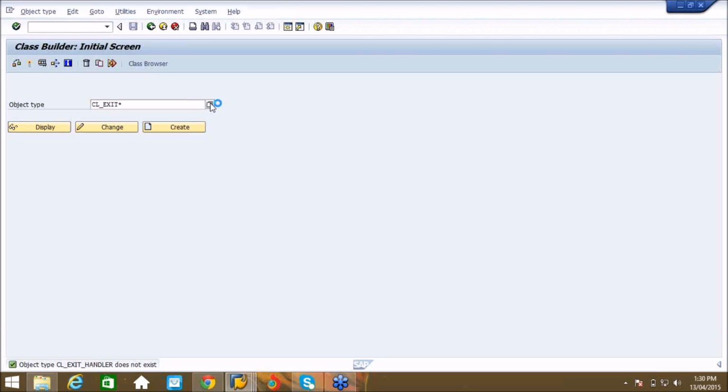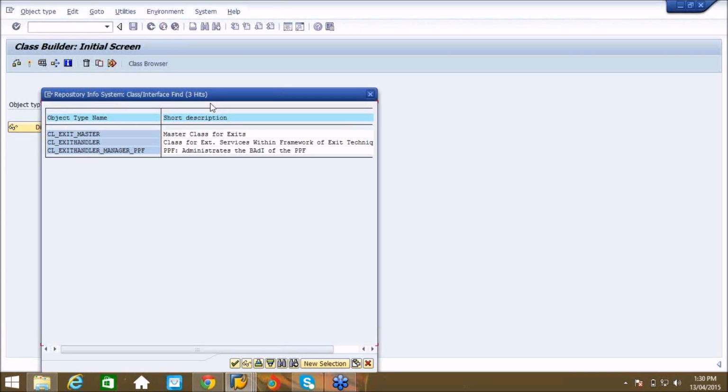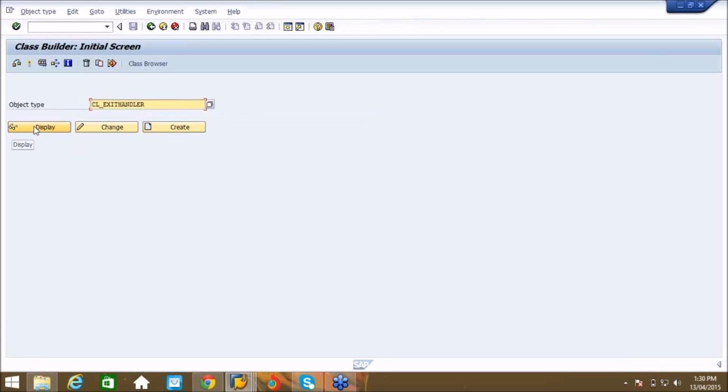If CL_EXIT_HANDLER is called somewhere, that is a place where standard SAP is calling the BAdI. That is a keyword you can remember, through which SAP standard transactions are calling BAdIs.